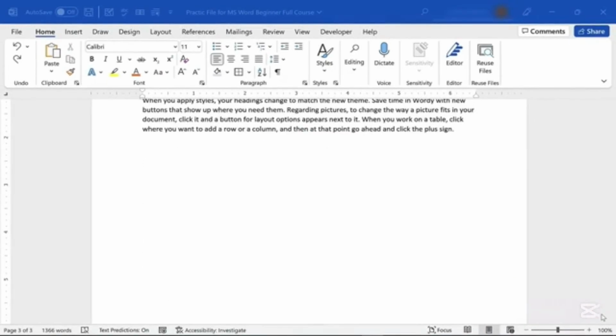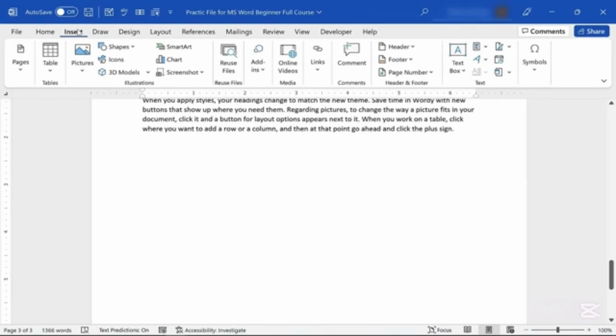In this next segment of Microsoft Word for Beginners Complete Course, we're going to learn how to create and edit tables in your Word documents. So here I am at the bottom of this Word document that I've been working with, and I would like to insert a table. So of course, I go to the Insert tab, I look on the Insert ribbon for